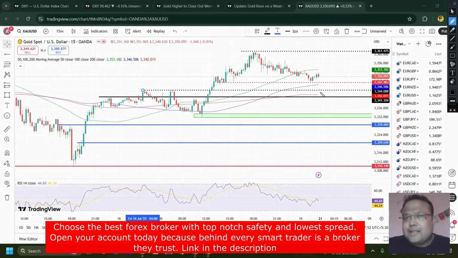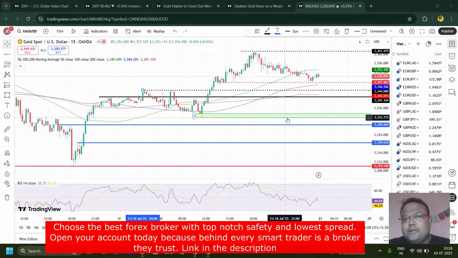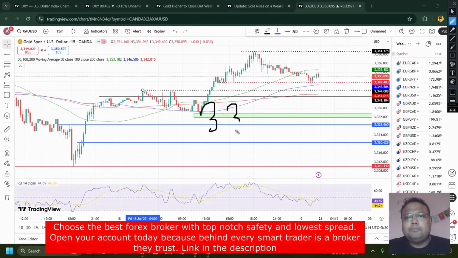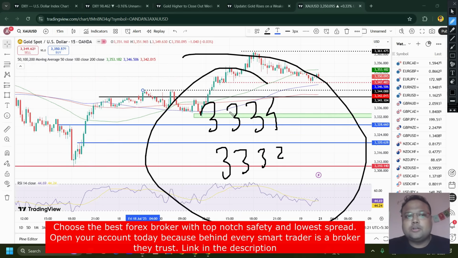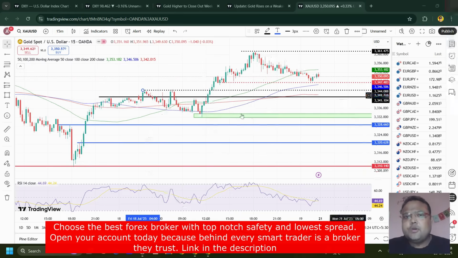And if it fails, because gold is full of surprises, isn't it? There was a time when we used to see a silent market opening, but recently there is no guarantee about a market opening. So if we see a sudden drop on gold, gold is crazy. In that scenario, your next support will be around 3334 and 3332. This is the next support zone on the chart of gold where you can look for a buy position. Why? Because of previous support around this area.